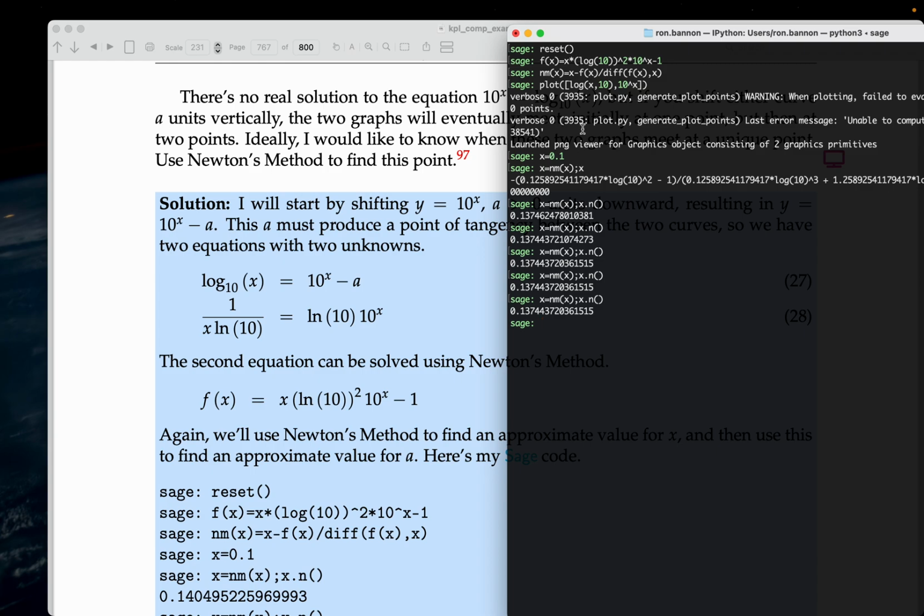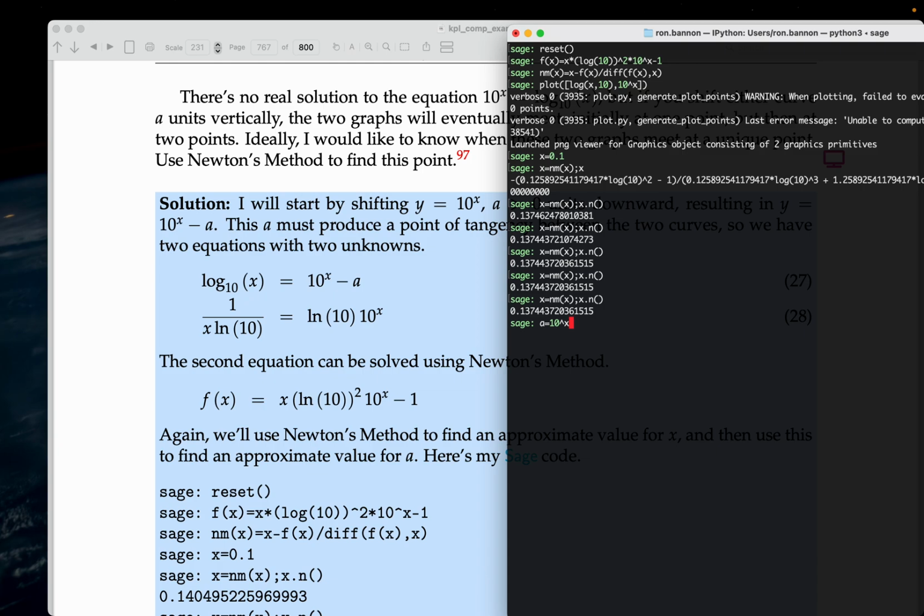Now, someone says, what were you really looking for? I was looking to get the a in the problem, right? So I want to go through that with you. And it's this equation over here that will give me the a. So I'm going to say A is equal to, right? Now I'm using A as like a placeholder. So what's A equal to? Well, it's equal to 10 to the x,